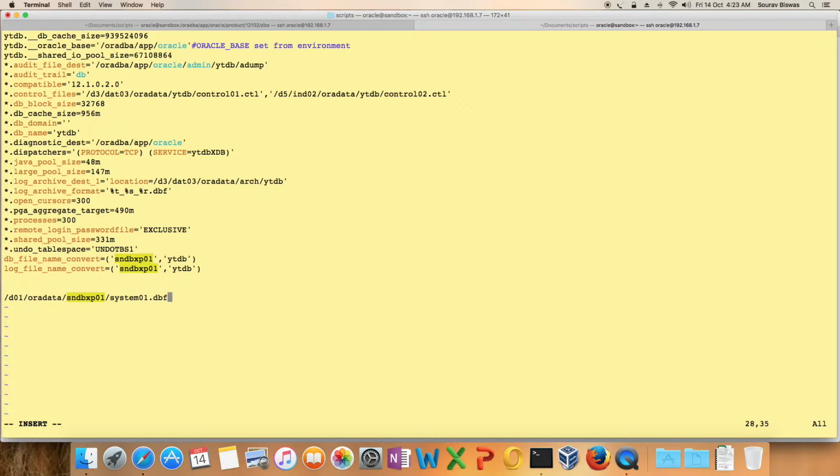Using the terminology used by RMAN. So this particular file resides on my target database, and I'm on my auxiliary database. I'm going to use this path, ytdb/system01.dbf. So if this file structure is already created on both the source and the target,